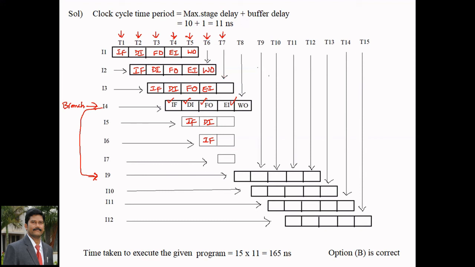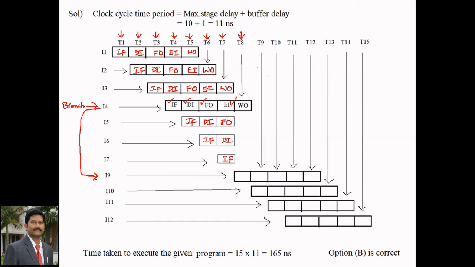Oh, I2 is also completed in the previous clock cycle, so I3 enters into the WO stage, it is free. Now I4 enters into the execution unit stage. So until this you don't know, that's why it enters into the F4 stage. Okay, operand forwarding is not mentioned, that's why you don't know. That it directly enters into the F4 stage, I5 and I6 enter into the DI stage, and I7 also enters into the IF stage. At T8 clock cycle,